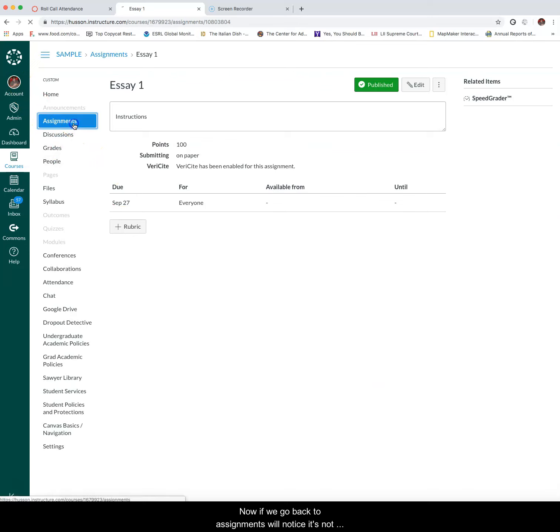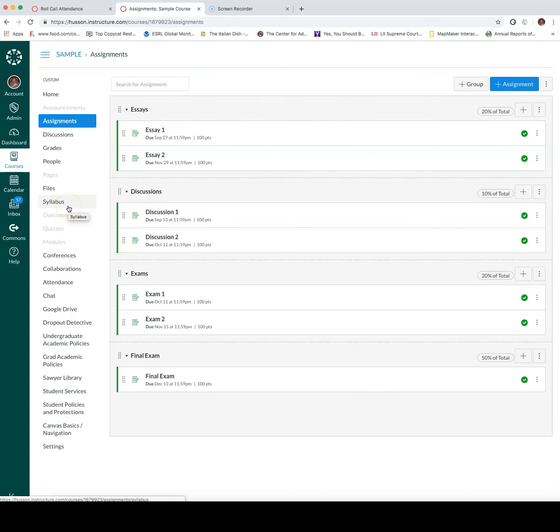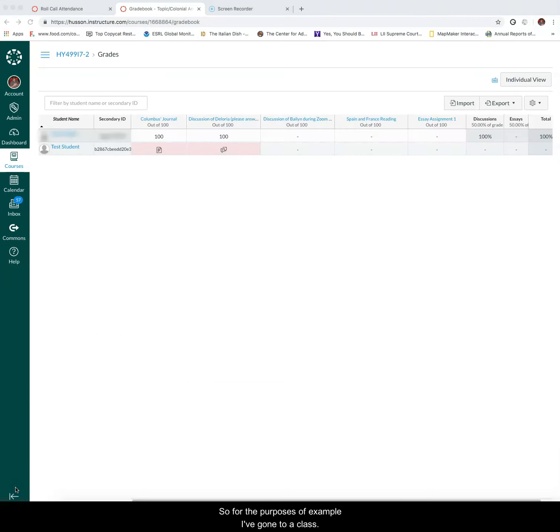Now if we go back to assignments, we'll notice it's not grayed out anymore. We have this grade weighting here. So the question becomes, how do you enter your grades once you have the gradebook? So for the purposes of example, I've gone to a class that's running now. It's a special course. So in this sample, we have a student set up here, and we'll see some grades